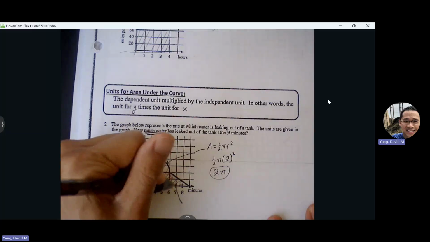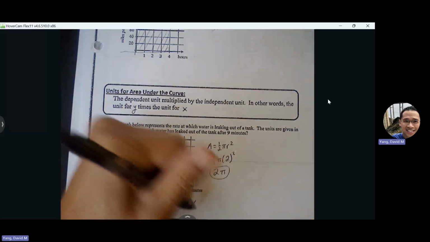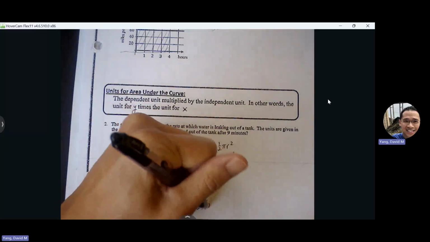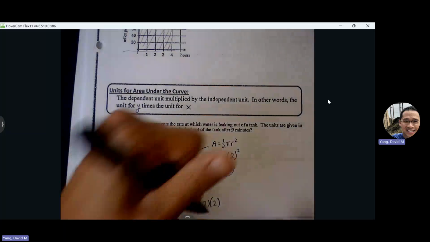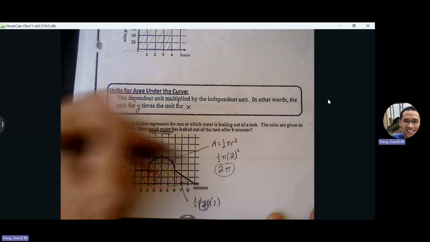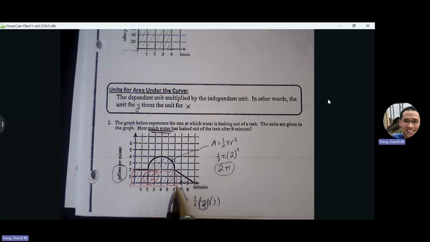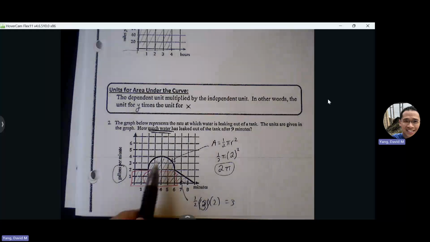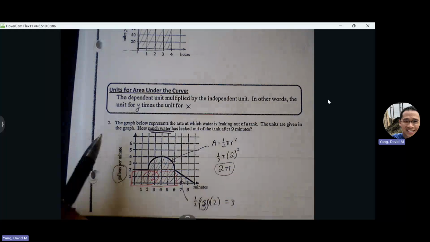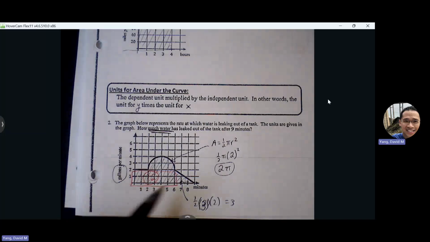And then finally, you have a triangle, which is 1/2 base times height. Sorry, it's 3. 1/2 base times height. So 1/2 3 times 2 gives me 3. So then if I add all those up, that will give me the total amount of water that's leaked out. Our units have to change, right? We can't say, oh, this means